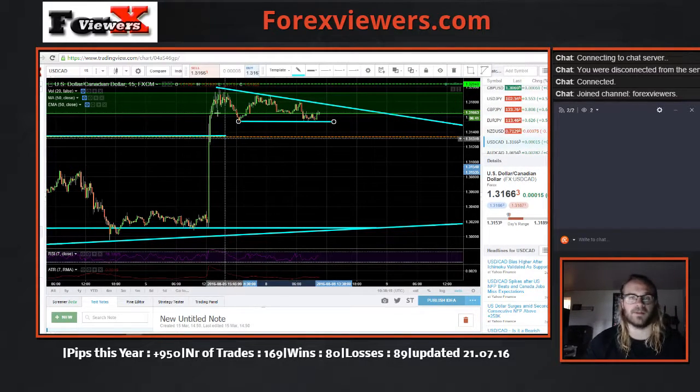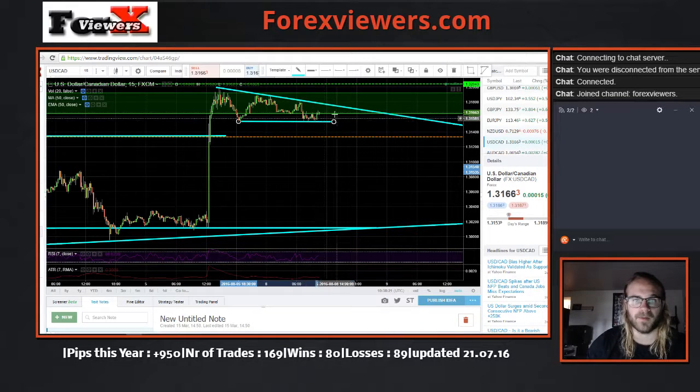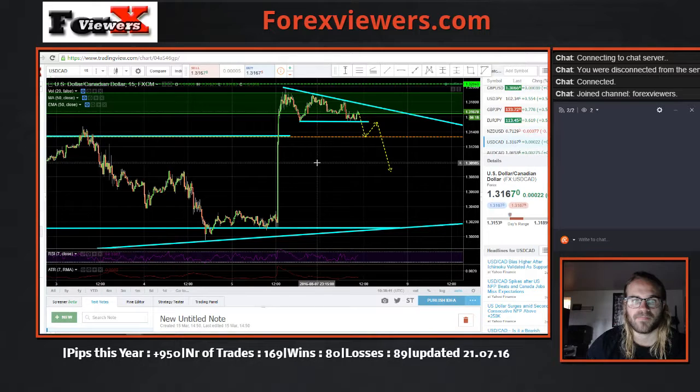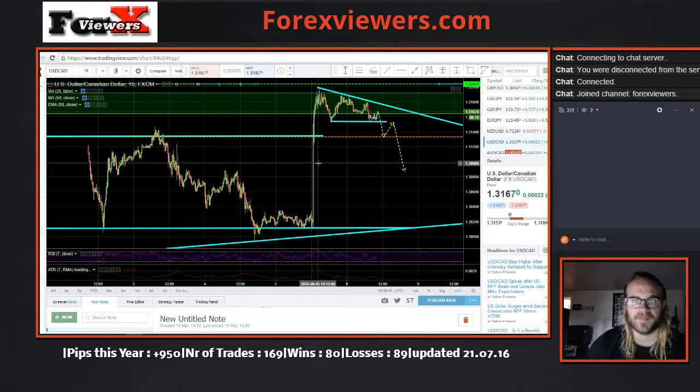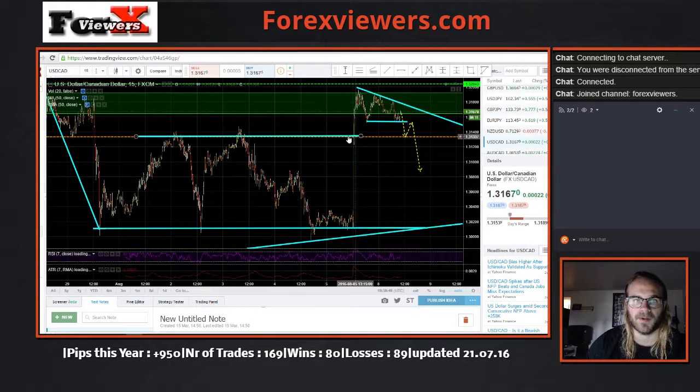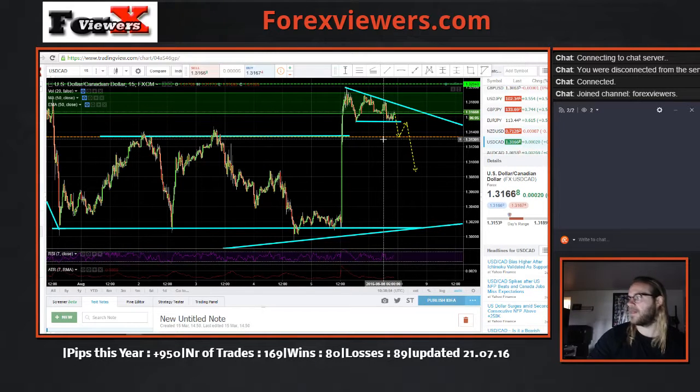So this might just end up being a flag pattern to the upside as well. If I were to go short here, I'm gonna want to see a break. Probably gonna push to here. Something like this. But then again, this is probably a strong support area, so